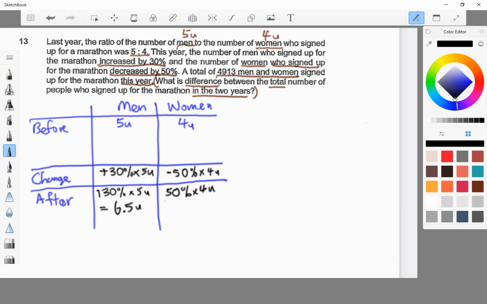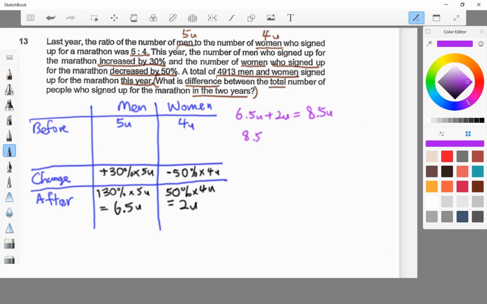And if I key this into a calculator, it will be 2 units. So it is said that a total of 4,913 men and women signed up for the marathon this year. So this will actually mean that 6.5 units, which came from the men, 2 units came from the women, 8.5 units has got to represent